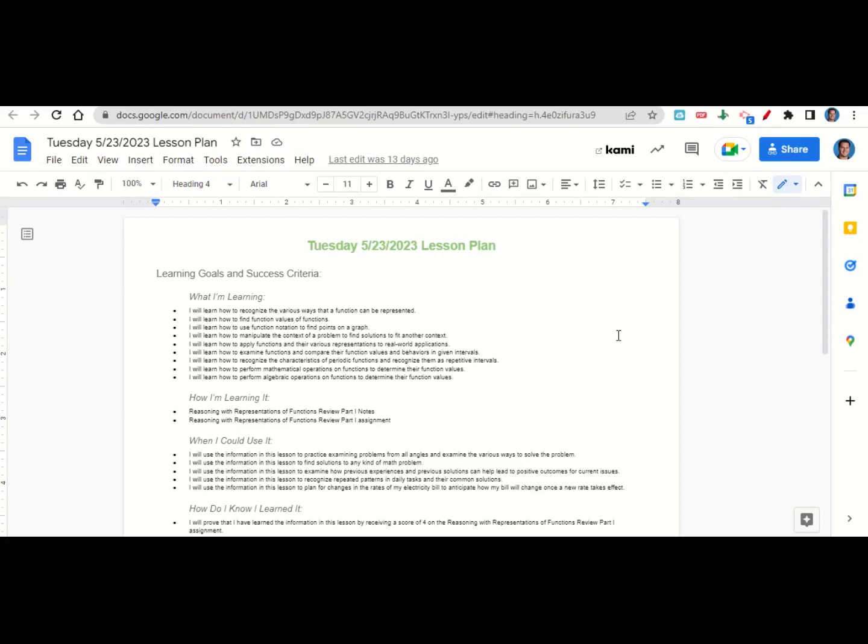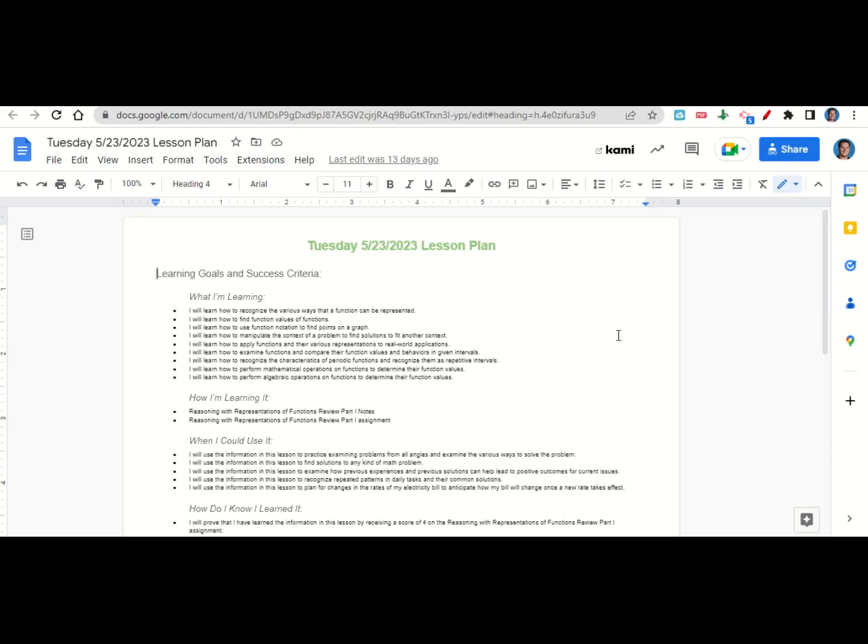We're learning how to recognize the various ways that a function can be represented, how to find function values of functions, how to use function notation to find points on a graph, how to manipulate the context of a problem to find solutions to fit another context, how to apply functions and their various representations to real-world applications, how to